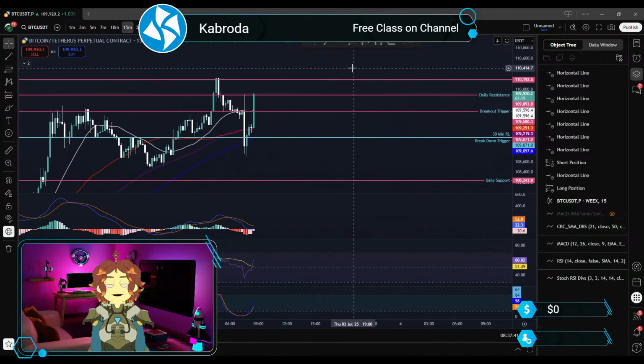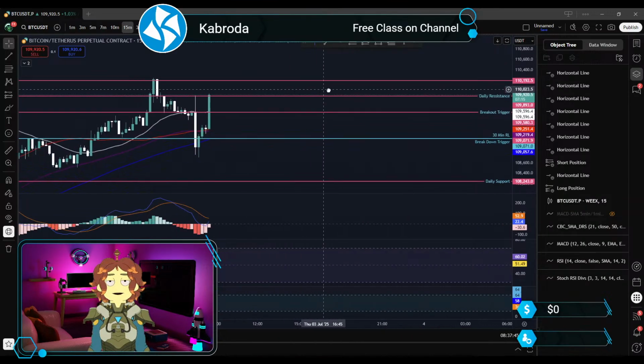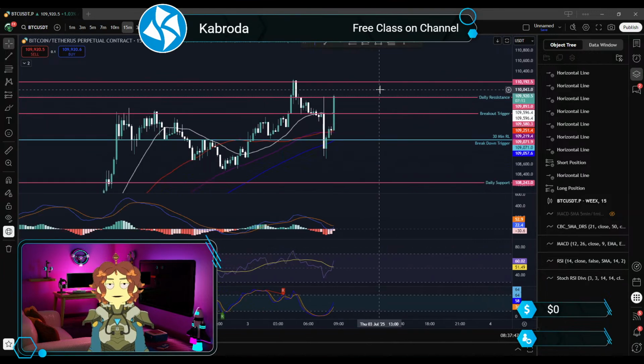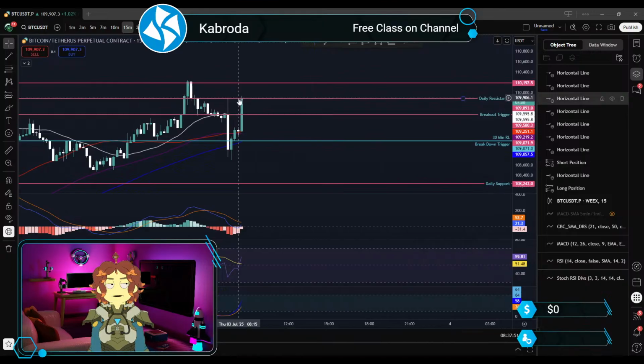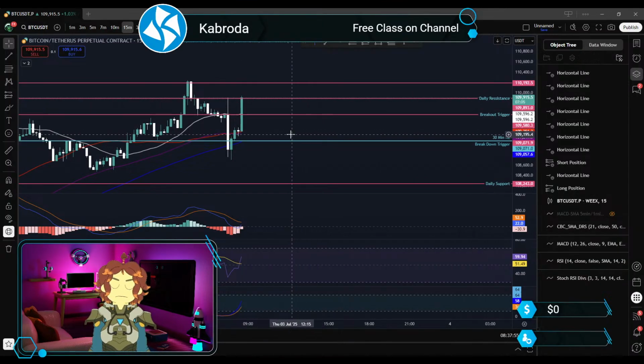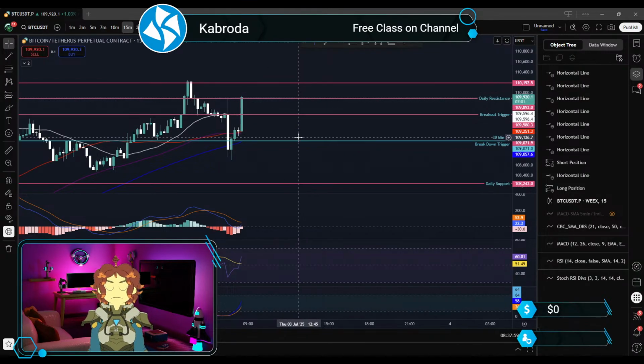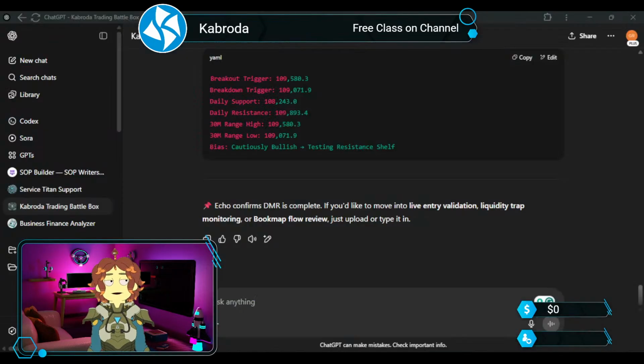Probably set this up and then I'll end up heading out. But basically, what we're gonna do is grab a screenshot. I'm gonna do this on the 15, but we see our trade is breaking here. So I'm just gonna let AI know that it's breaking. So screenshot, and then we're gonna go back to ChatGPT, throw our screenshot in here,